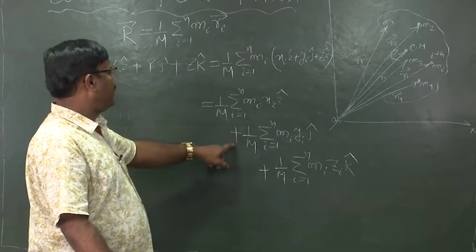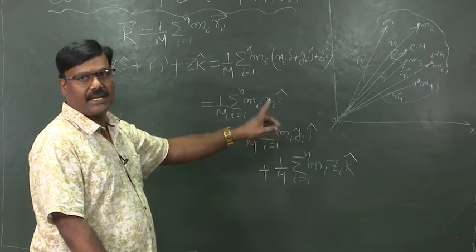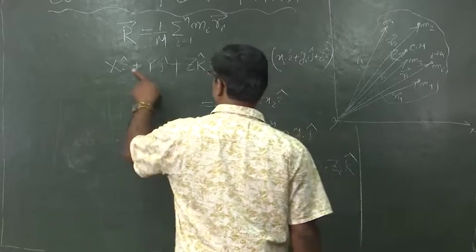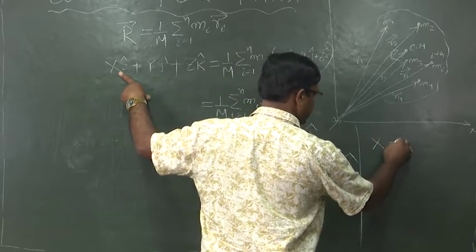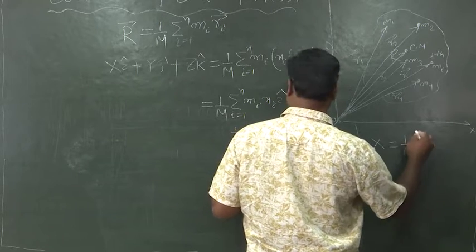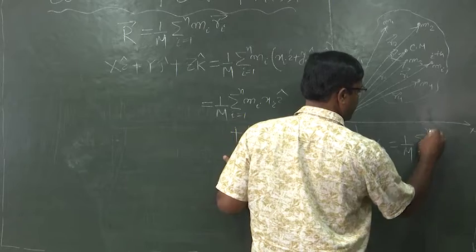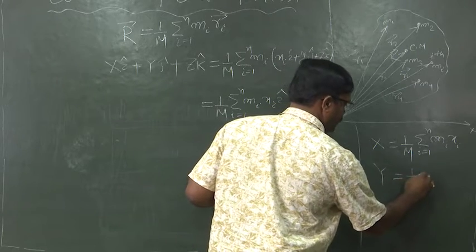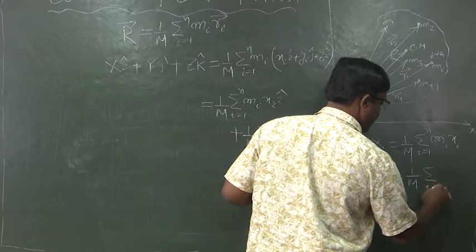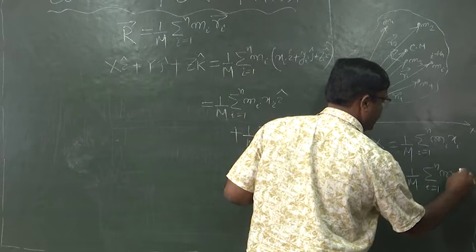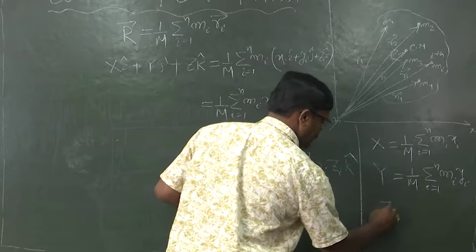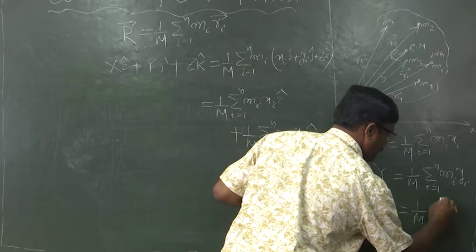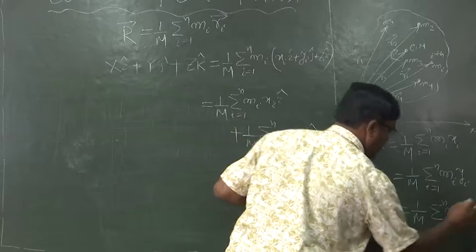Now, comparing the corresponding terms of i cap, j cap and k cap on both the sides of this equation, we can write X is equal to 1 by M sum over i is equal to 1 to n mi xi, Y is equal to 1 by M sum over i is equal to 1 to n mi yi,